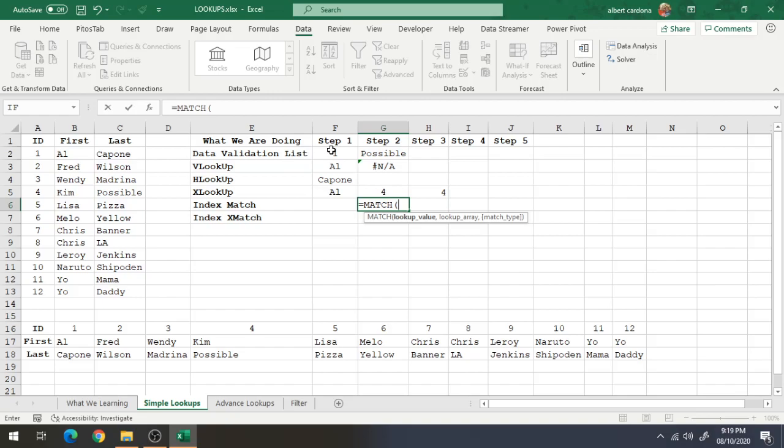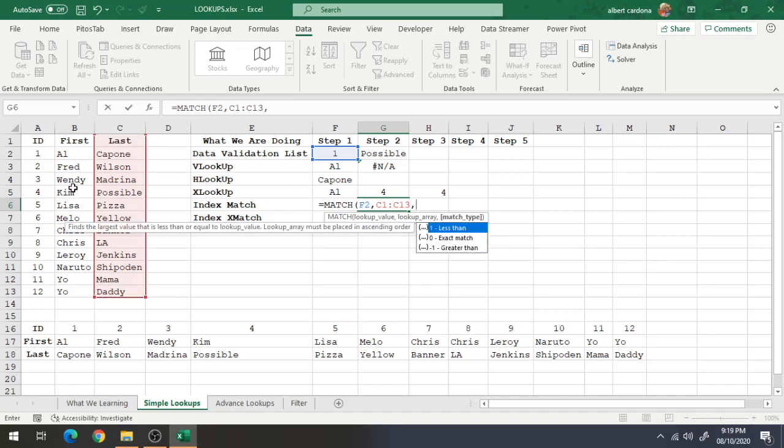Well, we want the lookup value to be this, and be very careful what your lookup array wants to be. So if you do this, Ctrl+Shift+Down, that means when you go in the index, you have to start from the C as well. Okay, we're gonna press comma right here. We want to do an exact match. Okay, so we're looking that up,